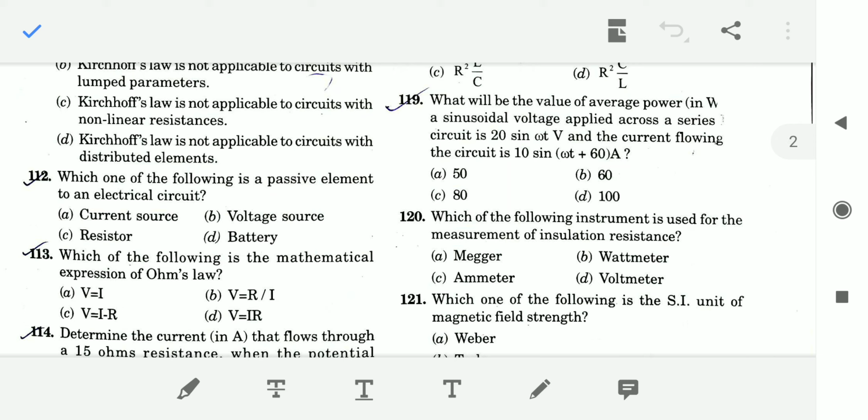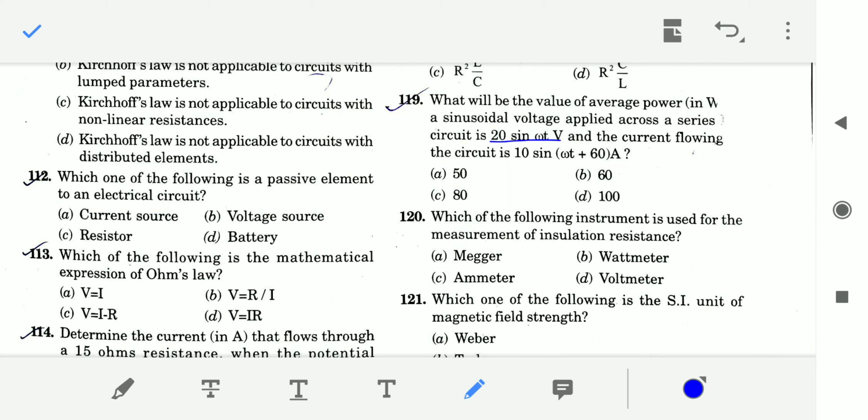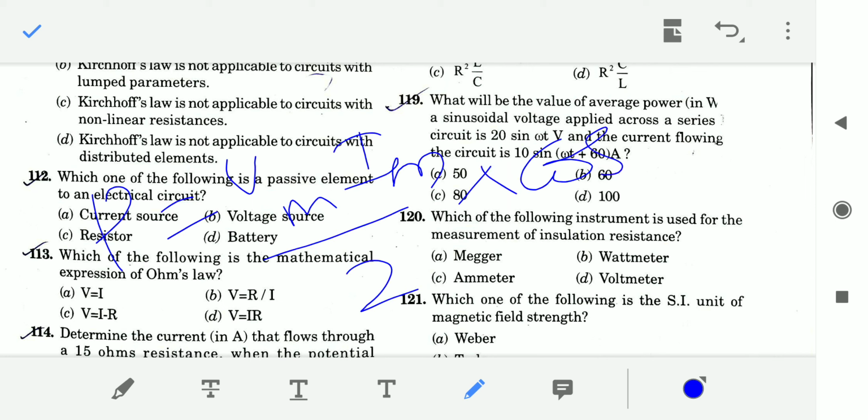if a sinusoidal voltage of 20 sin omega t is applied across a series circuit, and the current flowing through it is 10 sin omega t plus 60 amperes? Here phi is 60 degrees, and Vm is equal to 20 and Im is equal to 10, right? So what is the formula? Power P is equal to Vm Im by 2 into cos phi,